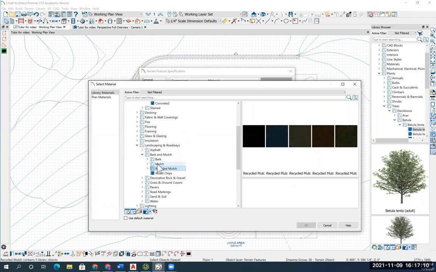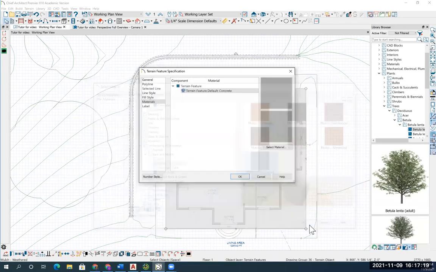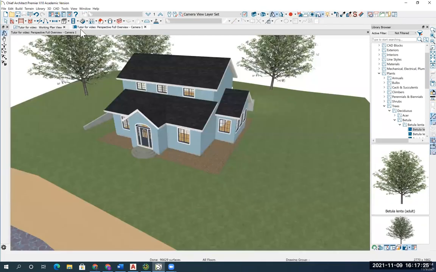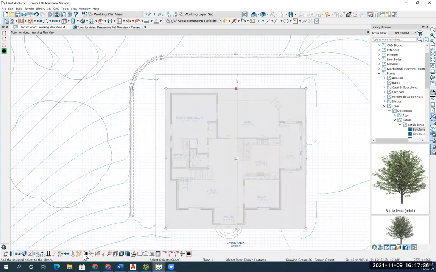Recycled mulch. I'm going to go mulch. Maybe get a weathered mulch color. Okay, so that. Oh, that's okay. And now I'm going to change the shape of it to match the shape of my house. So highlight it first. When you highlight, you'll notice you get this whole row down here at the bottom of different options to use. Right here, kind of in the middle, is a break line option. I'm going to click on that break line option. And just a little bit to the right of this wall right here, I'm going to click on the edge of my